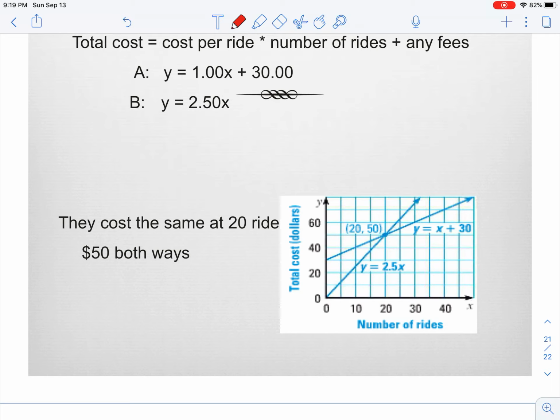If I was to graph those equations, starting out with this one, the y-intercept is 30. I go up 1 over 1, up 1 over 1, up 1 over 1. Or I could go up 10 and over 10, that's 1. So here are 2 points that I could connect. And then, remember we said our y-intercept is 0, and then I have to go up 2.5 and over 1, up 2.5 and over 1, up 2.5 and over 1. And when I get that line,